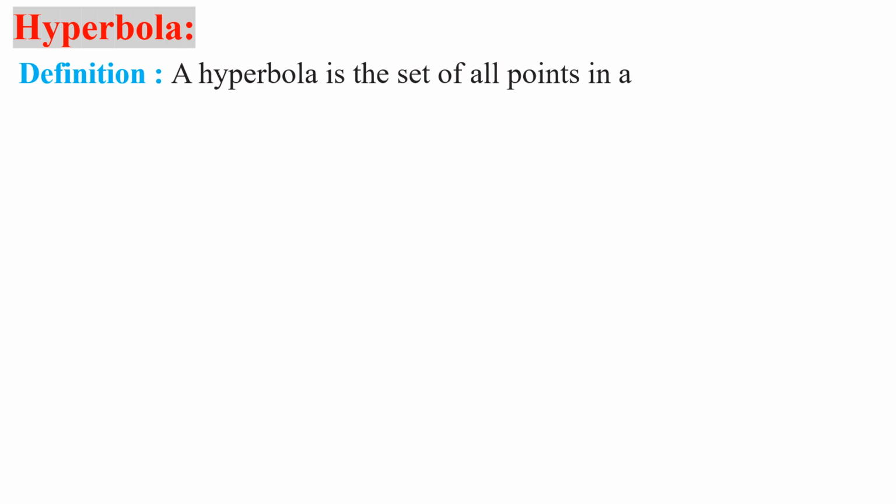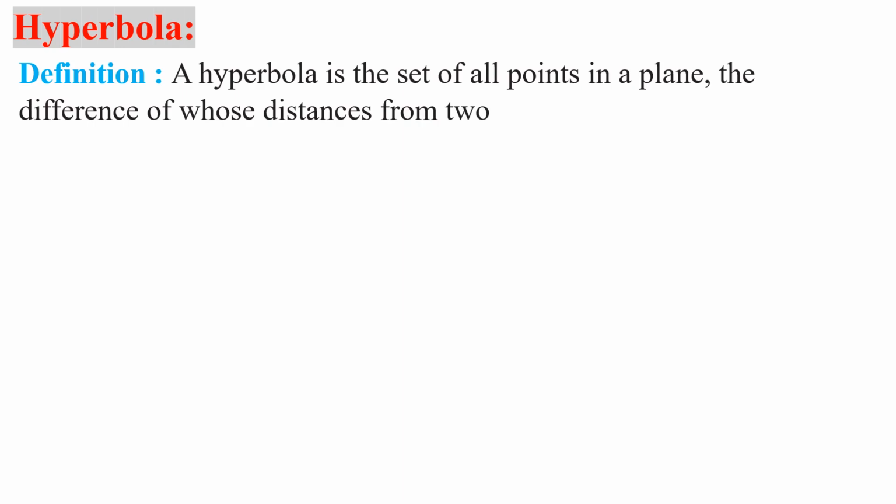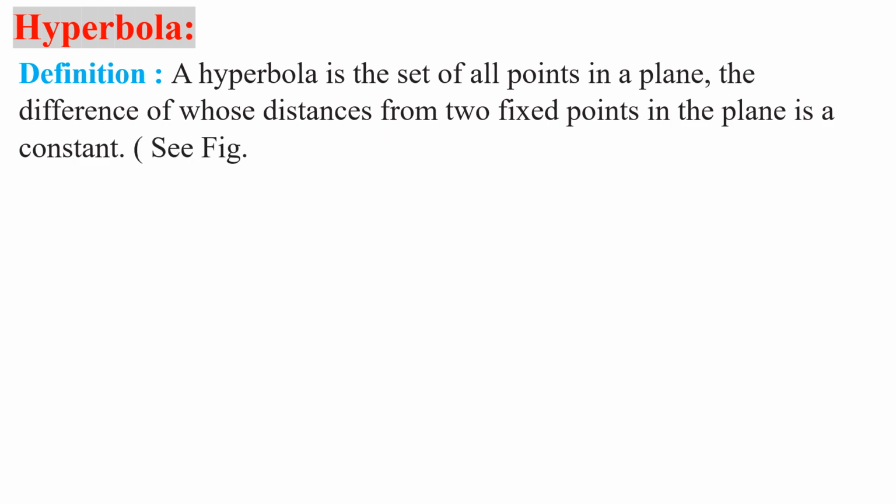Hyperbola. Let us discuss what is the definition of hyperbola. Okay, my children. A hyperbola is the set of all points in a plane, the difference of whose distances from two fixed points in the plane is a constant. See the figure